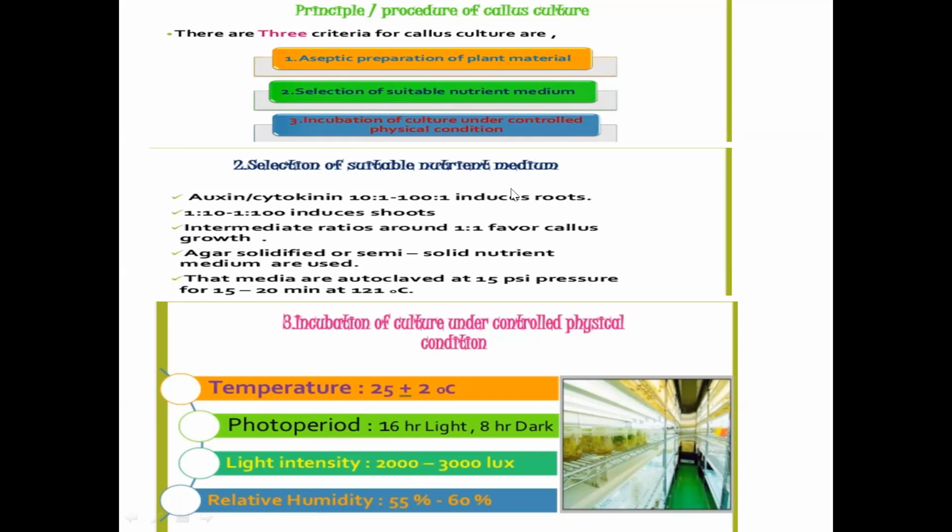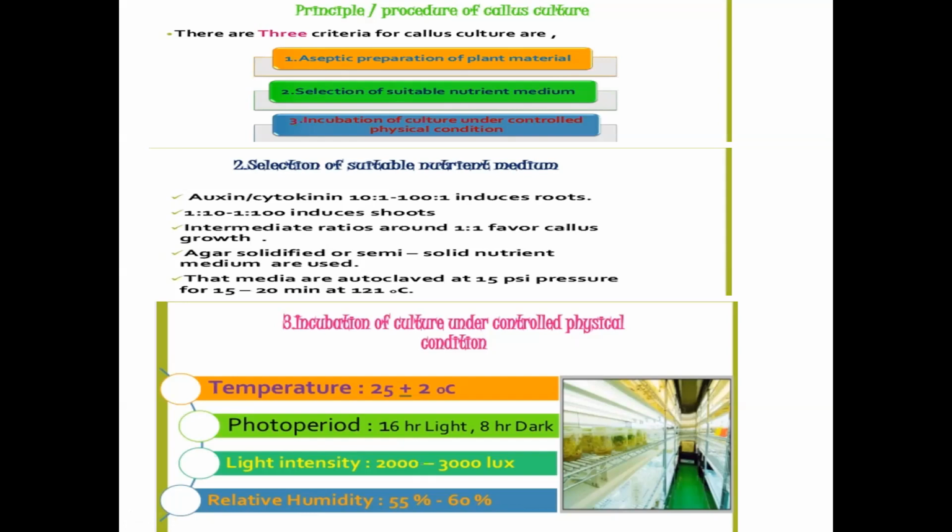So selection of medium is important, because with the auxin cytokinin ratio, 10:1 or 100:1 induces roots. If you increase the auxin, it induces roots. If you decrease the auxin, it induces shoots. It depends on the explant also. Sometimes some explants behave differently.